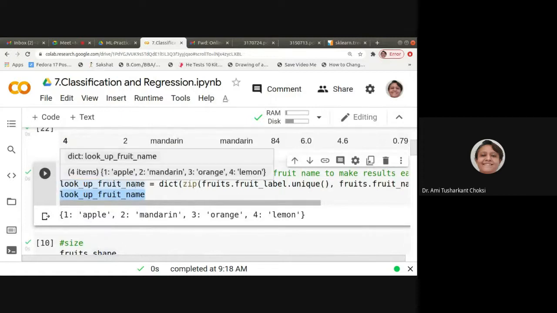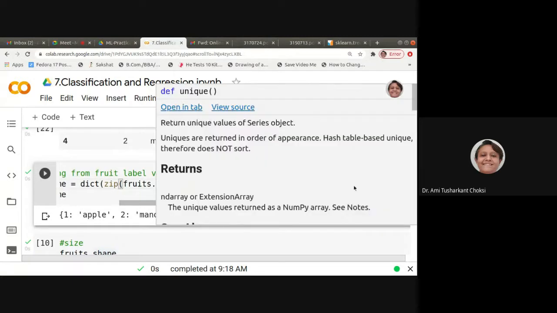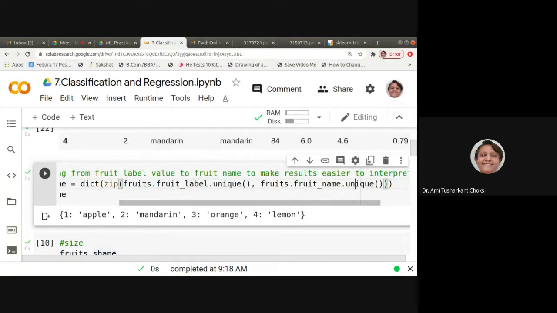We are making the dictionary using zip. What we are using for that is the unique fruit labels and the fruit names according to them, that is 1, 2, 3, 4, the label, and its name: apple, mandarin, orange, lemon.